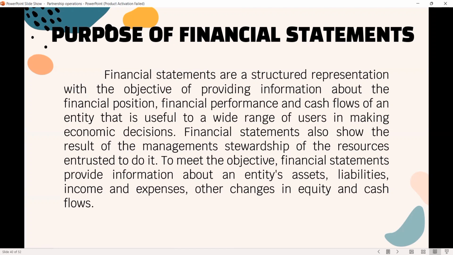Tapos, next, transactions. Yung financial statement also, doon nakikita on how the management, kung paano sila gumastos, or how much is their liabilities, how much assets they have. Tapos, yung mga capital which is used. To meet the objective, dapat daw yung meron tayong asset, liabilities, income, and expenses. Dapat naka-provide yun. Tapos, doon sa cash flows naman, doon malalaman kung how much yung cash flows during the period. So, next slide.